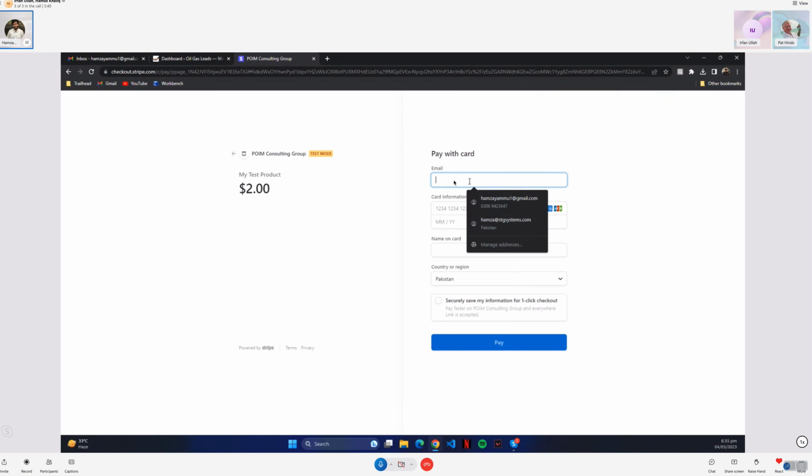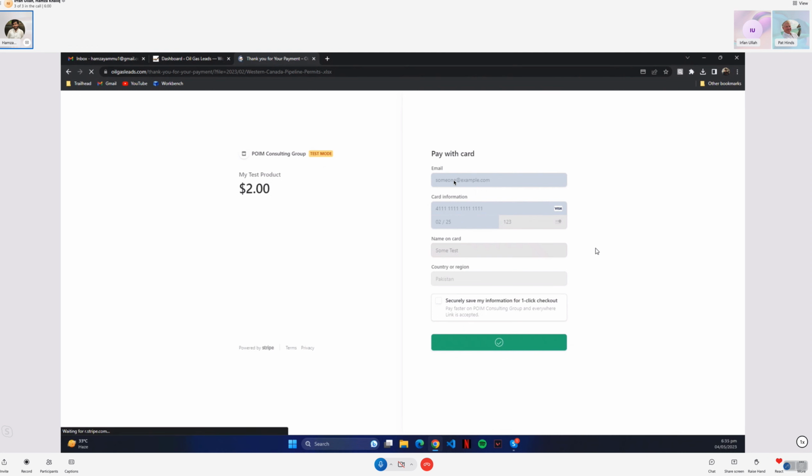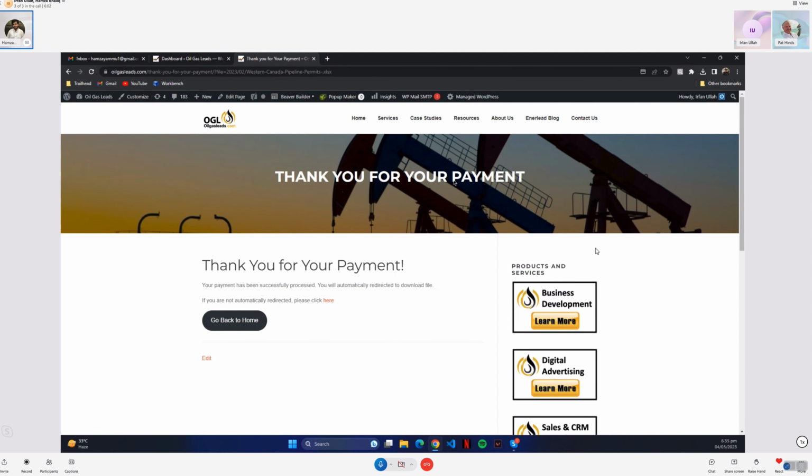So we can just put some data over here. I shared with Irfan, these are random numbers which are for testing purposes. So I'll just click on pay, and once I'm successful, no, I don't want to save it. Once that payment is successful, it redirects me to a thank you page, and after a few seconds, it downloads the file. So in order to achieve this functionality, what I am using right now is a Stripe payment gateway,